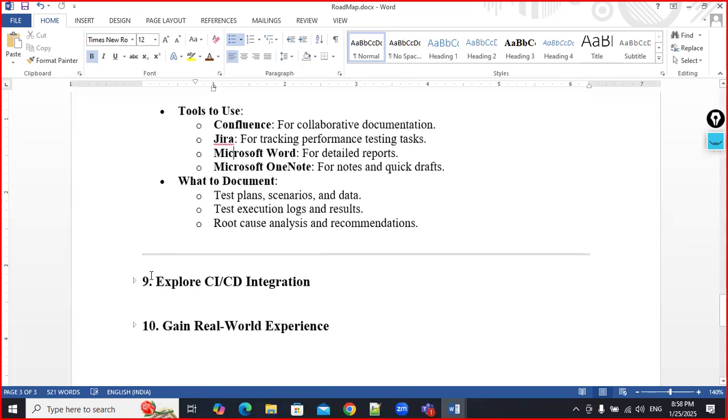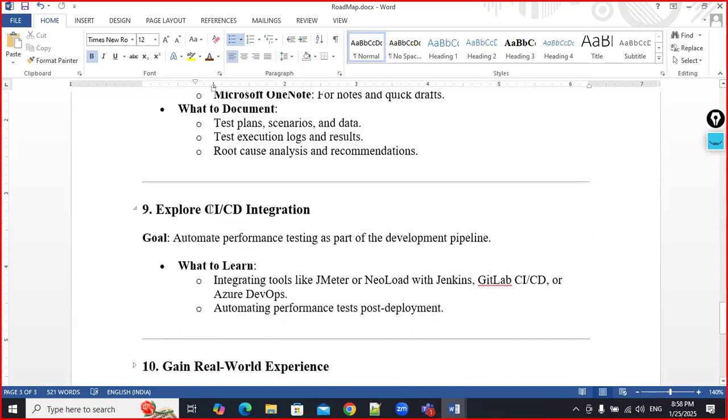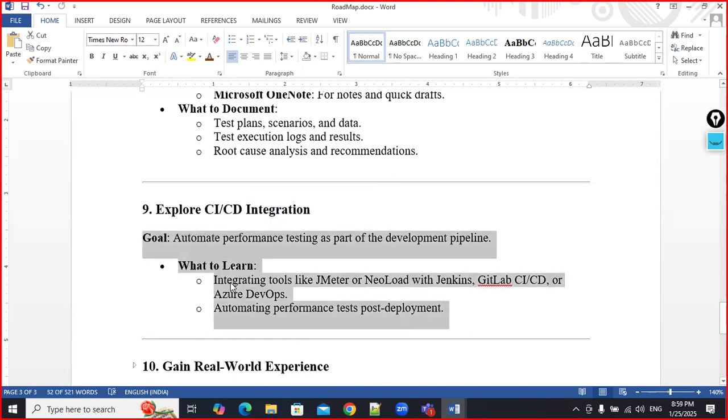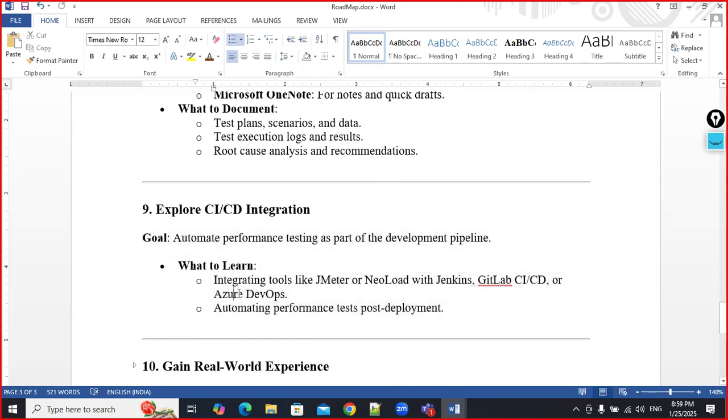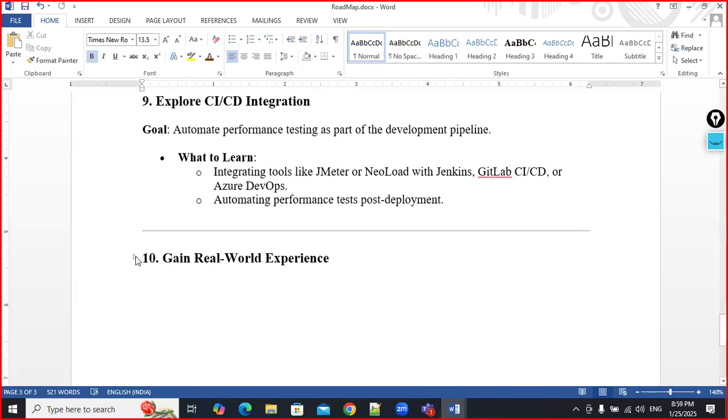Once after completing that, we need to explore and have some idea about CI/CD integration, that is Jenkins integration, right? Especially we need to integrate our tool with Jenkins. We need to integrate our tools with Git, right? Having integration of these CI/CD tools is also mandatory nowadays, as everyone is moving to cloud. And finally, working on one particular real-time project is